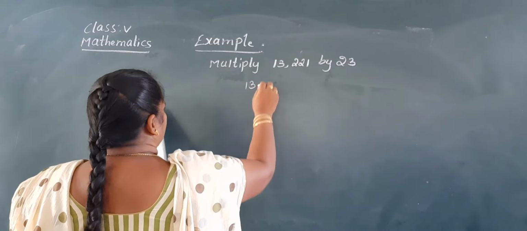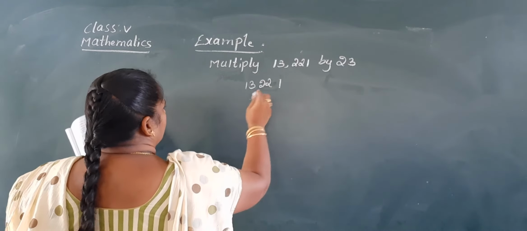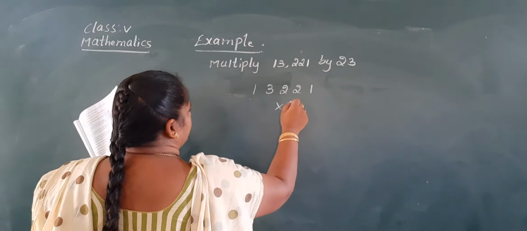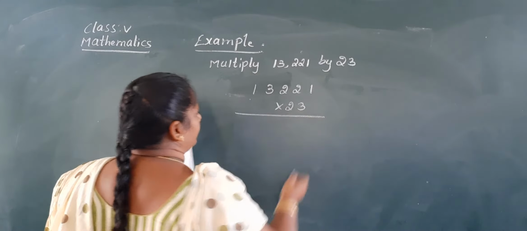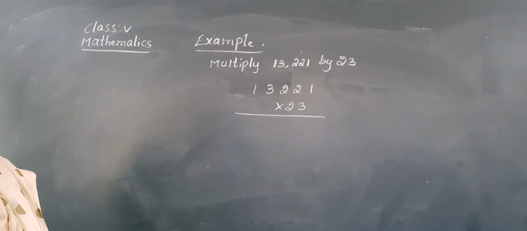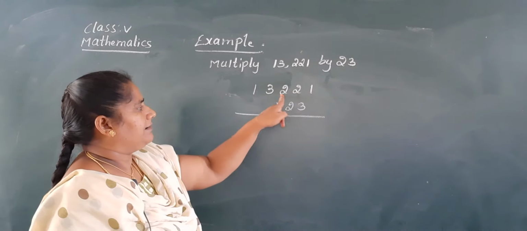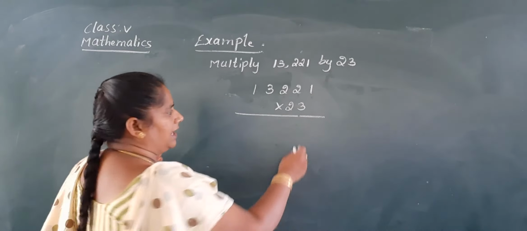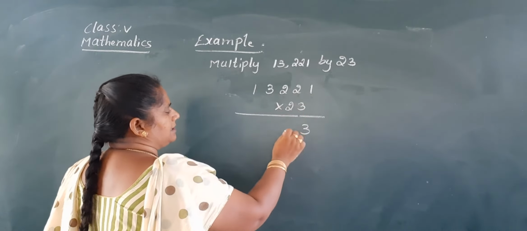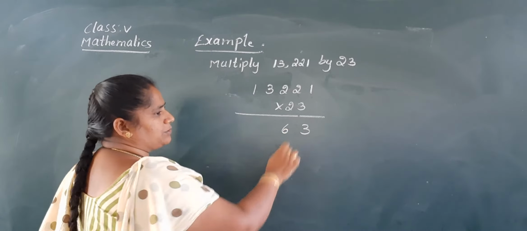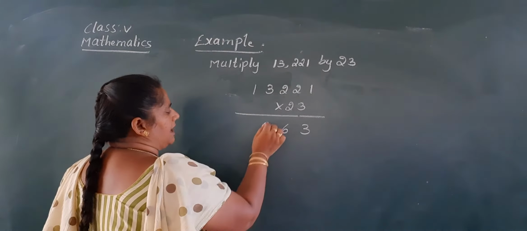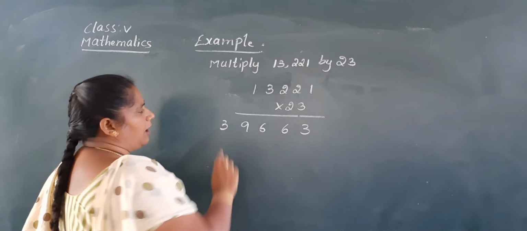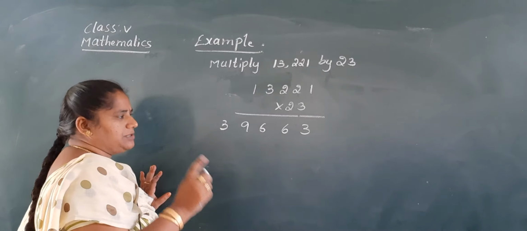First you have to arrange the numbers. Give some gap between the digits. Then only it looks neat, Nana. After, see, this is ones, tens, 100, 1,000, 10,000. Start from the ones place. 3 1s are 3. 3 2s are 6. You give some gap between these two digits. Then 3 2s are 6. 3 3s are 9. 3 1s are 3. How I am doing the multiplication, you also do the same.